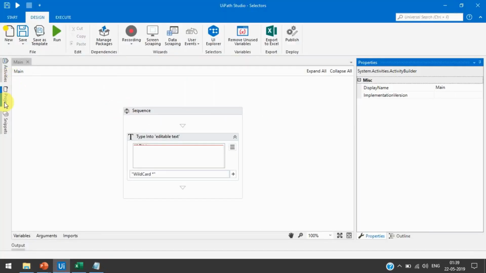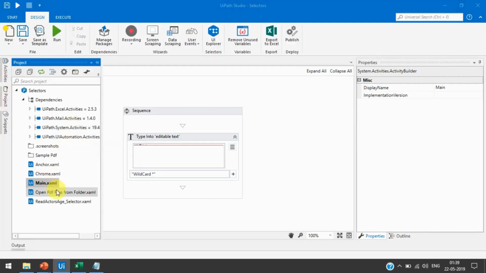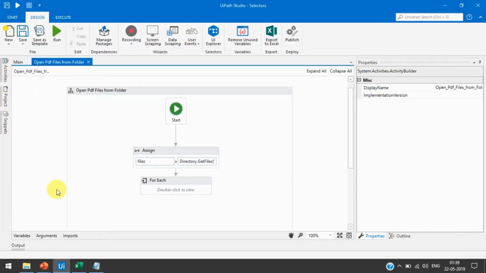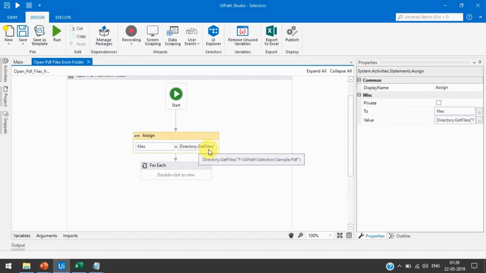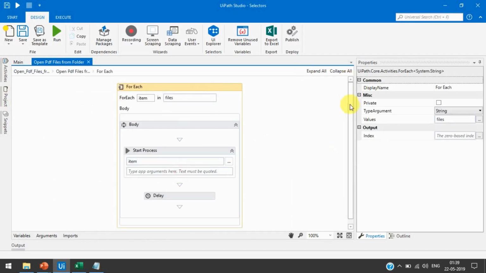I have already created that workflow here. I will just tell you one by one. We have used Directory.GetFiles from this folder, UiPath selector sample PDF files, and we get those files in this variable files. Now we are using a For Each activity to iterate through the files one by one, and we are getting each in item.